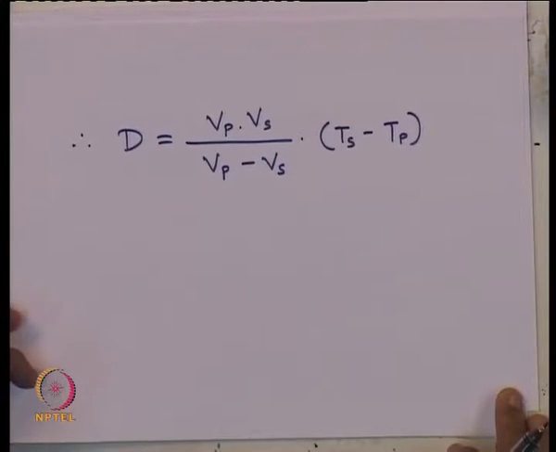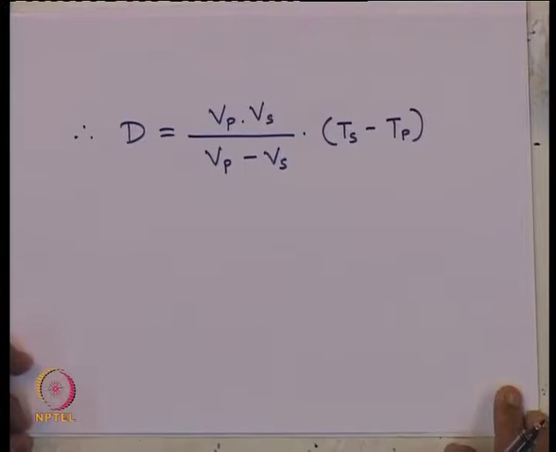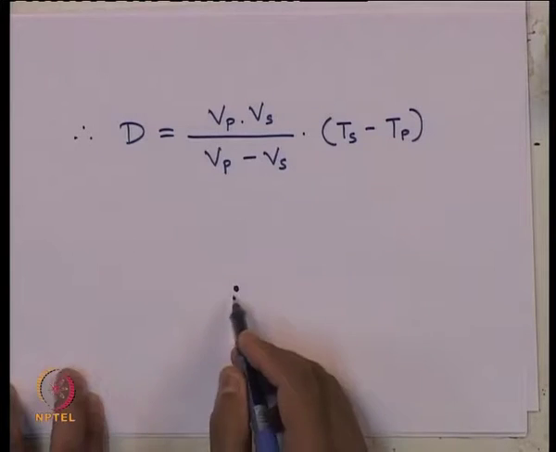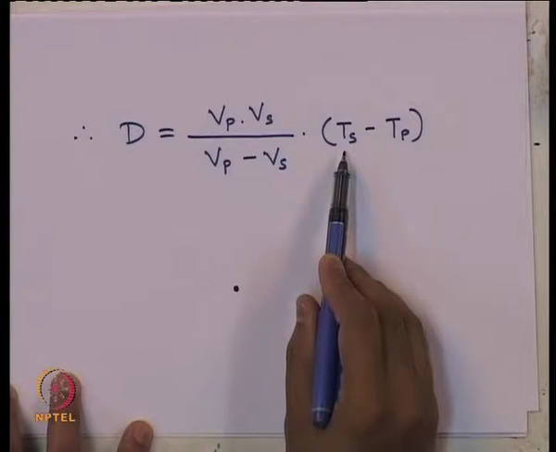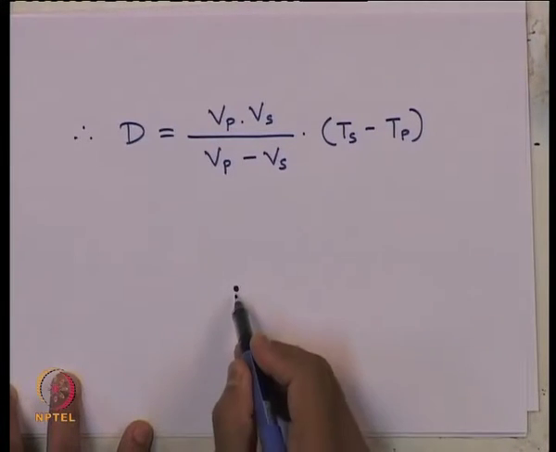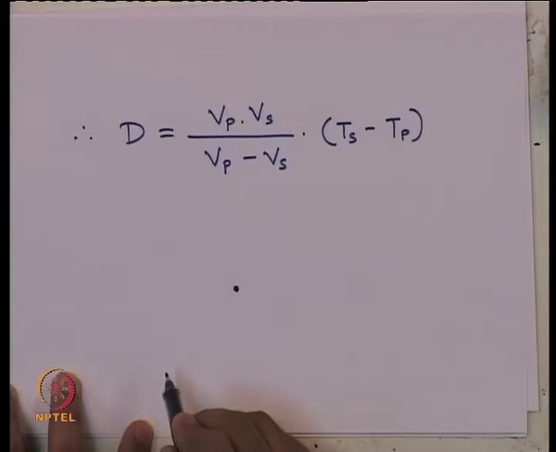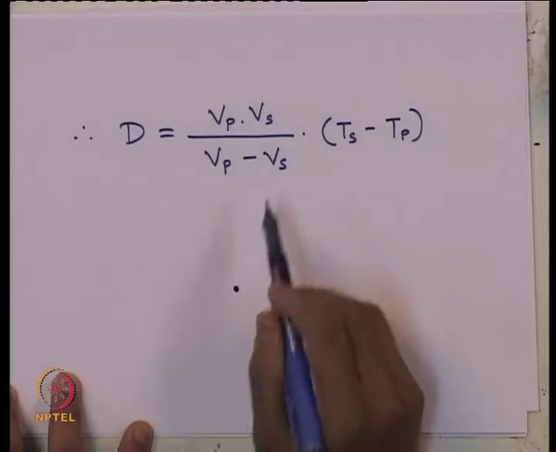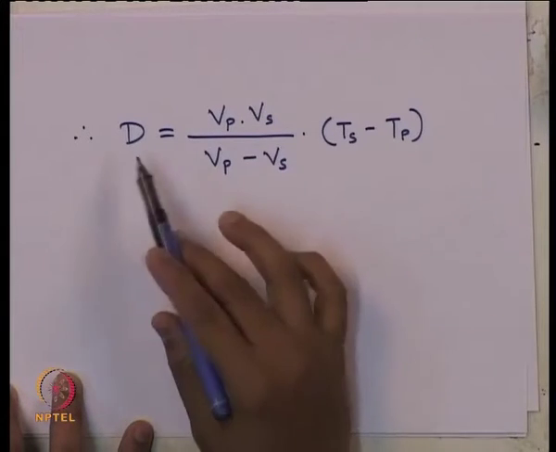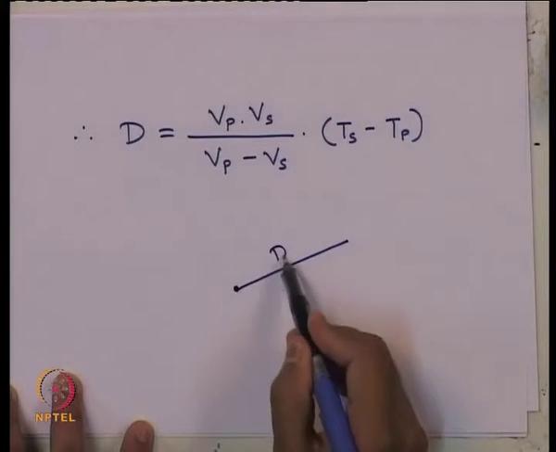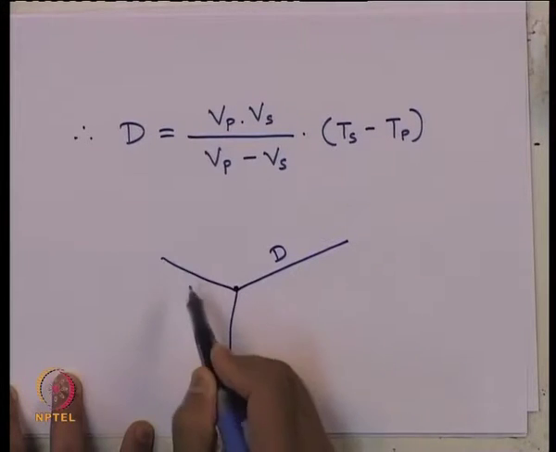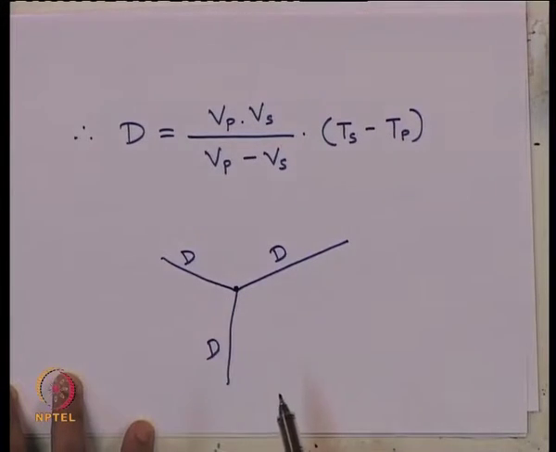Now, how can we make use of this to locate the epicenter? Because at one station on the earth surface, it has recorded the waves travelled because of the earthquake to that station. Suppose this is our seismological recording station at this point. T s, T p we have recorded, V s, V p typical values we know, we obtain the value of d. Now, where is that earthquake epicenter? D from this direction, or in this direction, or in this direction? Where? We do not know.